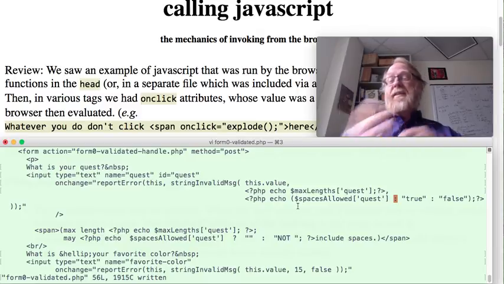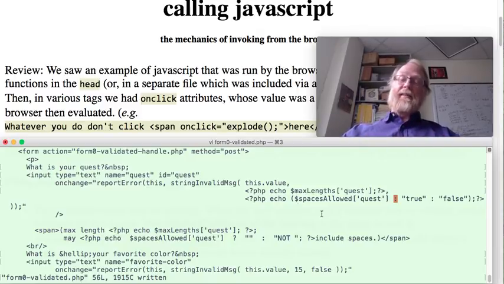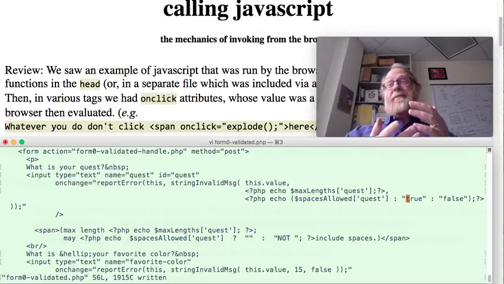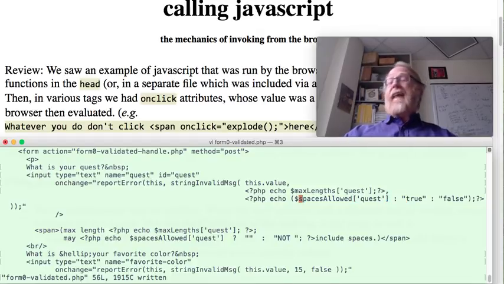I'm going to be needing to do this in a bunch of places, and I was like, how tedious, I have to have this echo. If this Boolean is true, use the string TRUE, otherwise use the string FALSE. Maybe I could make a PHP helper function that, given a Boolean, either returns TRUE or FALSE. Oh my goodness. It turns out that one is kind of built in. There's a more general function called